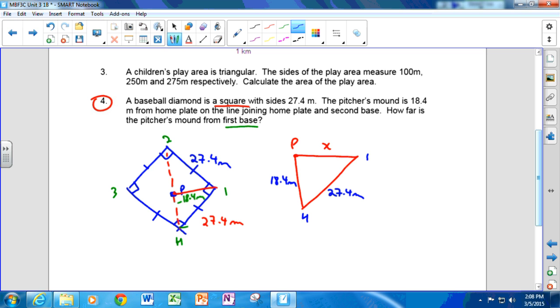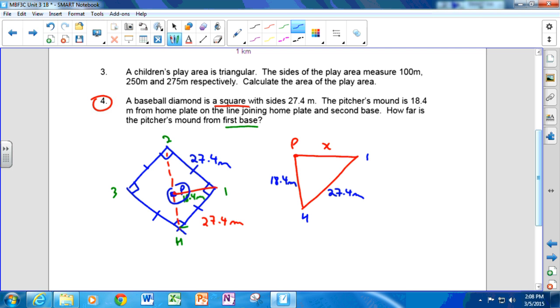We don't have enough right there to work it out. We don't have any 90-degree angles. We know for sure we can't say that angle right there is 90 degrees. I doubt it is. Just the way I've drawn it, it could be a little further into the square or a little closer to